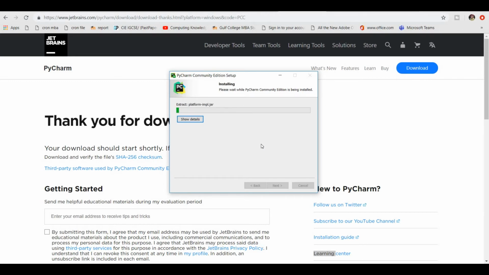Now installation has started. It will take a few minutes and it will complete this installation. The installation is in progress.